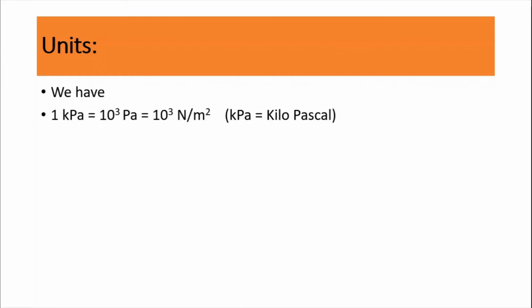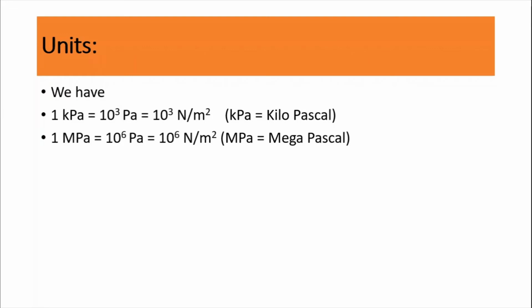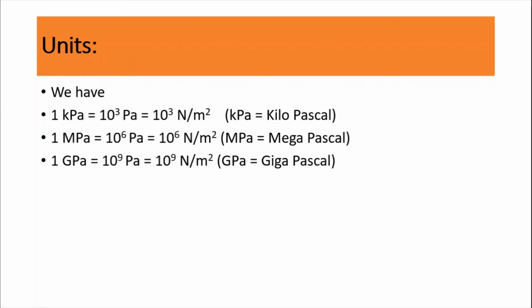We use some units to measure stress. Normally stress is measured in the smaller unit, that is Pascal. But Pascal is a small unit, so we use bigger units like kilopascal, megapascal and gigapascal. In many books they use the unit megapascal. So 1 megapascal is equal to 1 Newton per millimeter square. For the load we use Newton, and for area we use millimeter square.